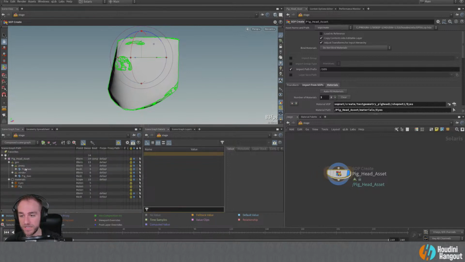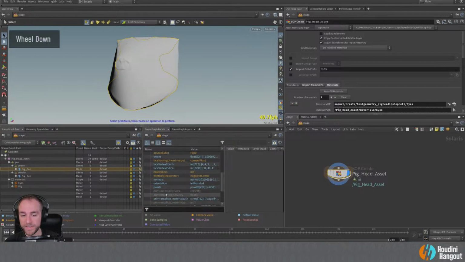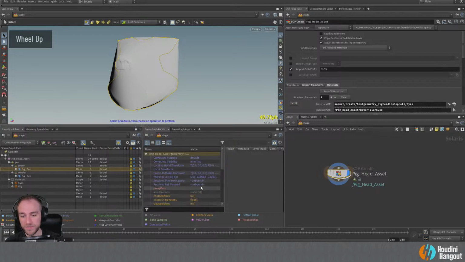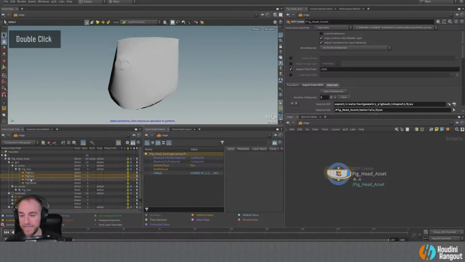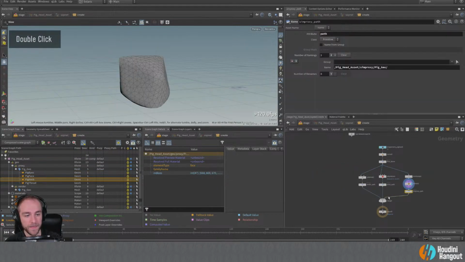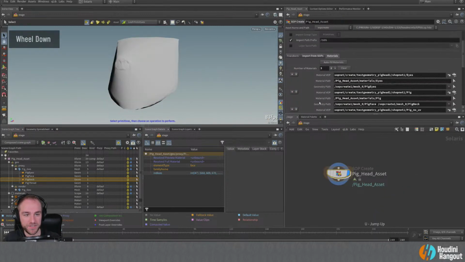So when you see these different colors, for example on this, we can see that there are default values for these. There's a fallback value. There's also relationships. So in here, when I go to pig eyes, oh, those aren't assigned right now. My bad. Right, because I changed the name of them. So instead of it being mesh 0, it is now pig 0.